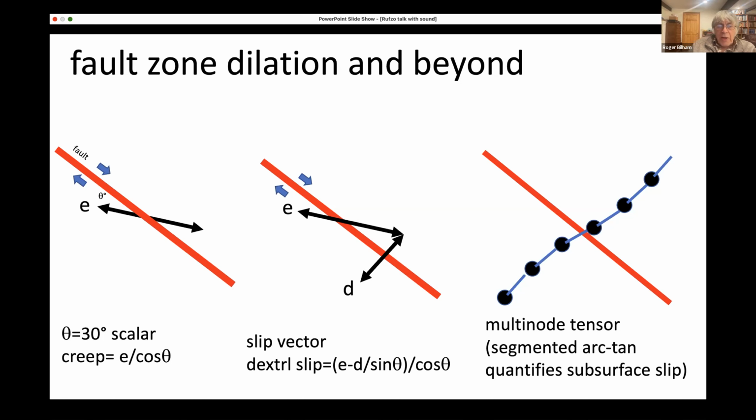And we're measuring now the opening of the fault as well as its slip. I'll show you some data in a minute. And on the right is the latest offering, where we have a much more complex system where, instead of just measuring the vector, we're trying to measure the strain tensor across the fault. In other words, this isn't a single strain tensor, but in fact a spatial variation in the shear strain